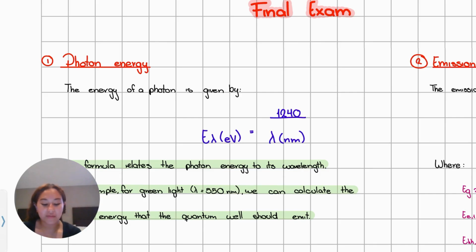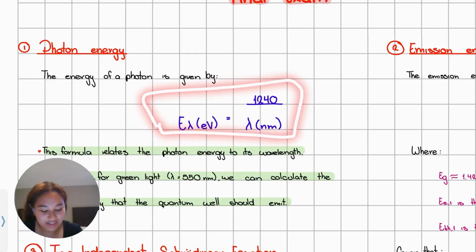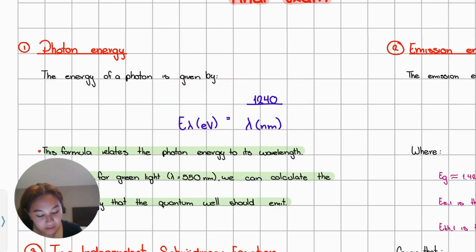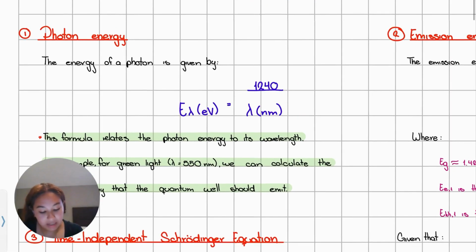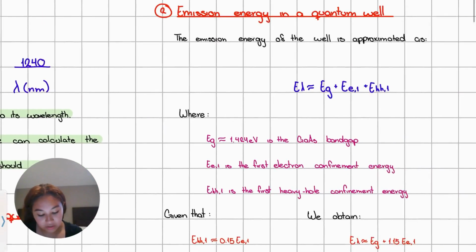So now we're going to explain all our mathematical and algebraic processes. We're going to start with our photon energy equation, which is given by 1240 divided by lambda in nanometers. This formula relates the photon energy to its wavelength. For example, for a green light, which has a value of 550, we can calculate the target energy that the quantum